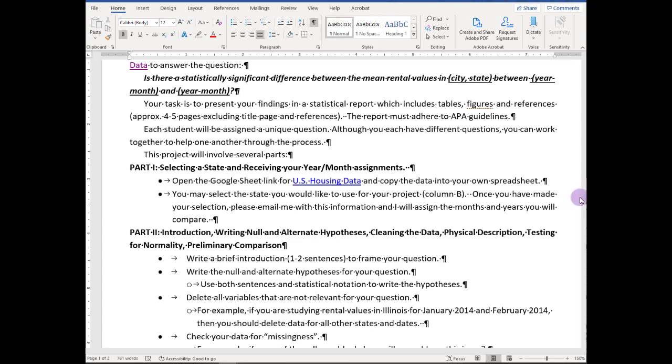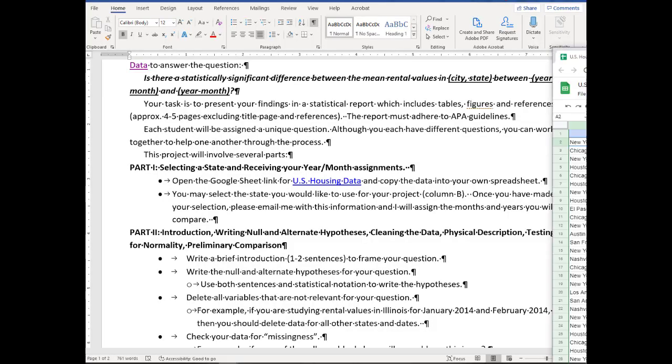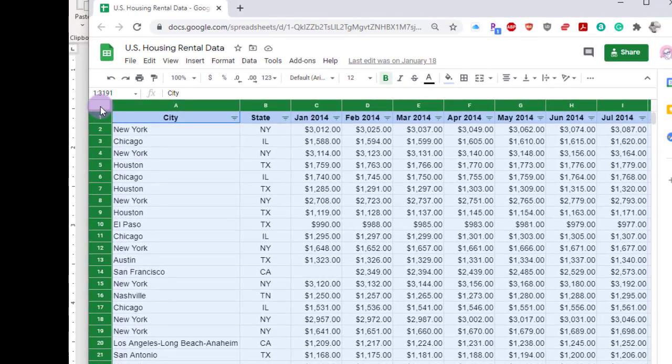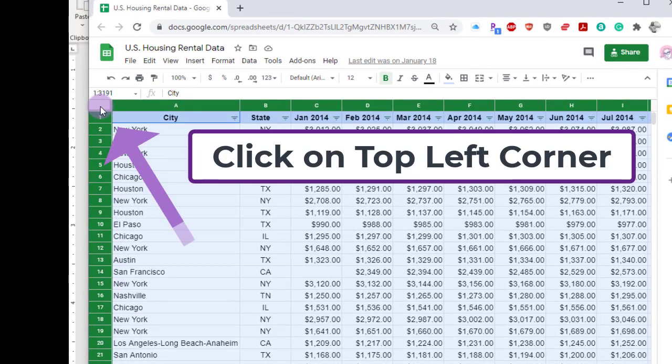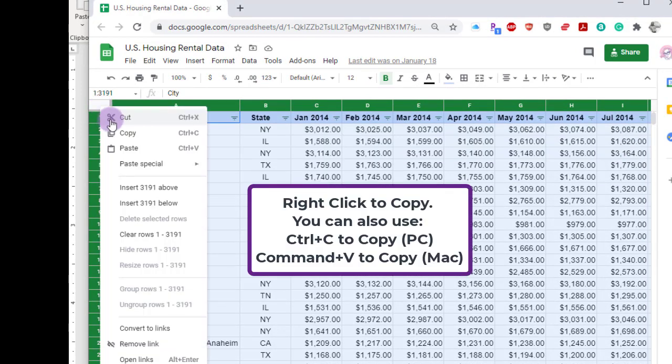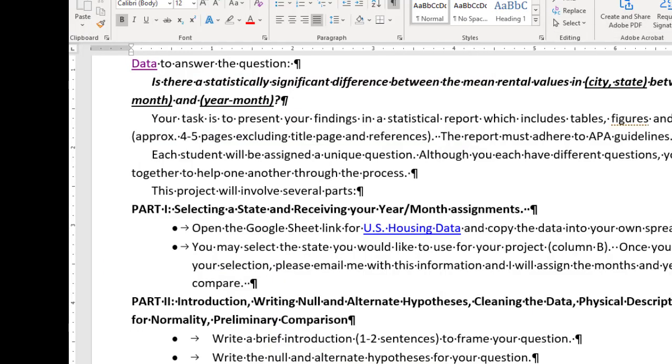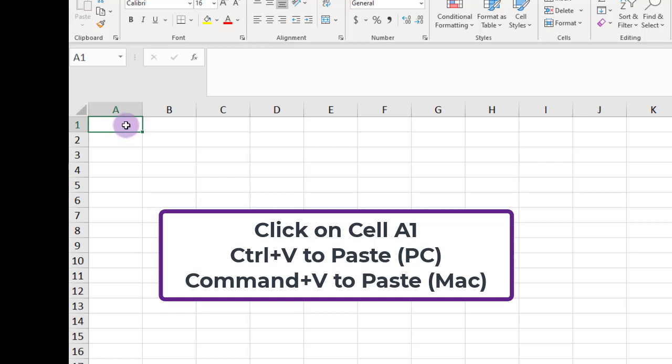So I want to go ahead and copy the entire spreadsheet into a program that I want to use. I think I'll use Excel this time, and I'll see if maybe I can do it again with another program. The first thing I need to do is copy the whole set. I can do that by clicking on the top left corner of the Google Sheet, right click and copy, and then I'm going to put it into a clean brand new Excel file. So here's my clean brand new Excel file. If I press Control V,